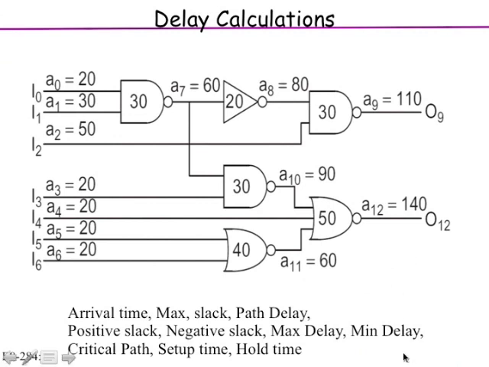Whereas the signal at the output of O12 has come 10 units later, so negative slack. So you have to do something to speed it up. You have to increase the size or maybe look at reorganizing the logic. You have to preserve the functionality. You can't do away with it, but you have to do something to cut the negative slack.